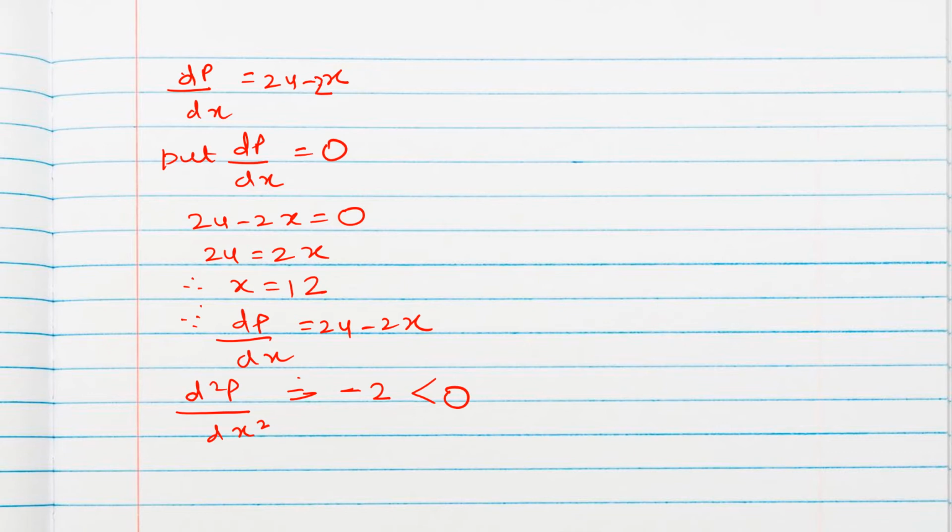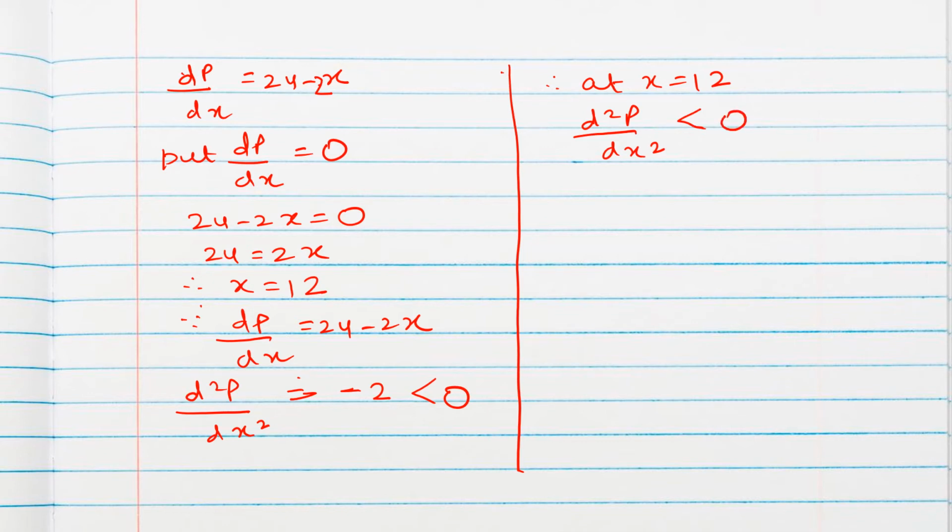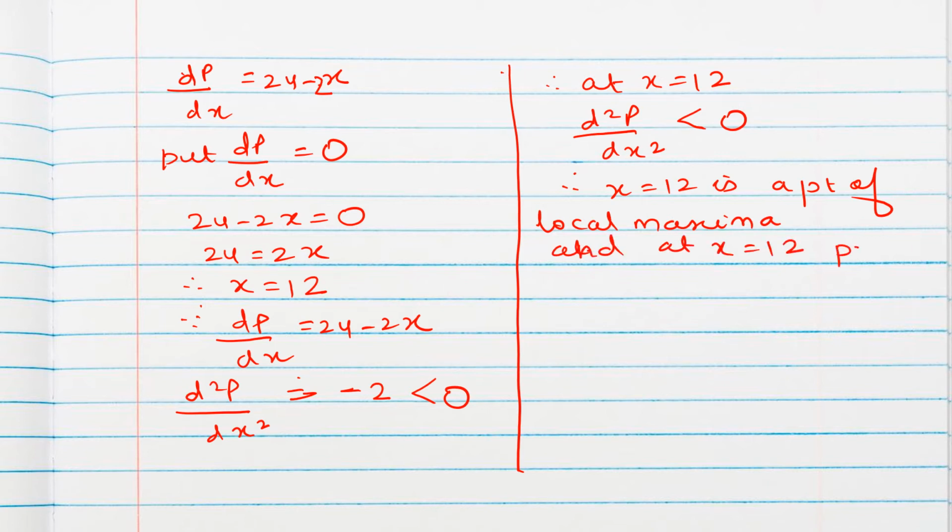That means if we substitute any value of x, the second order derivative will be negative only, isn't it? So at x equal to 12 also it will be negative. That means x equal to 12 is a point of local maxima, and at x equal to 12 the product